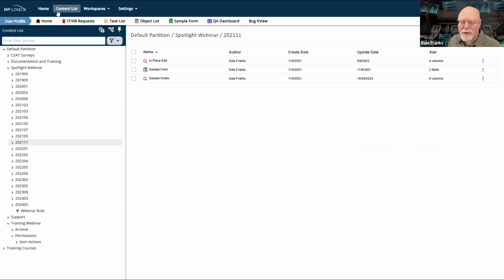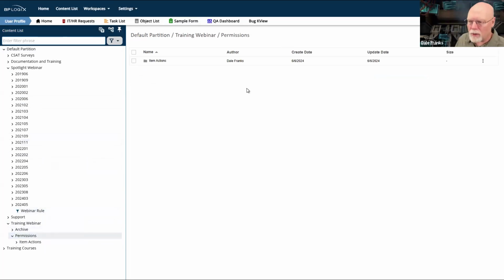So even though I can turn off the content list in the UI, and in fact, it's off by default for most users, and even though the workspaces that I have access to as an end user may not actually give me access to the content list, even indirectly, we've got to be careful about giving people content list access. And if they do get content list access, we need to have a proper permissions structure running on the system that will enable them to only see the things and only do the things that we want them to do in the system. So that's why permissions are so important.